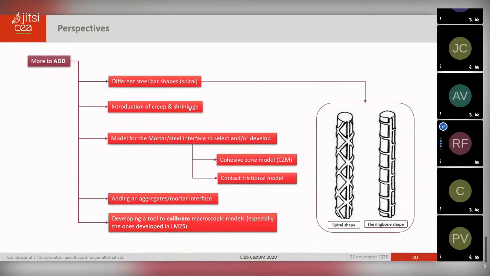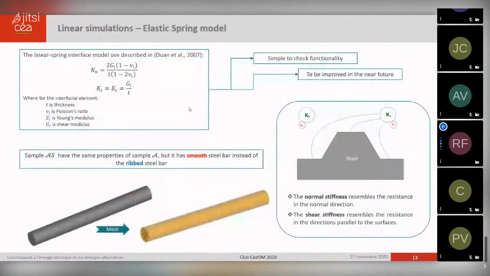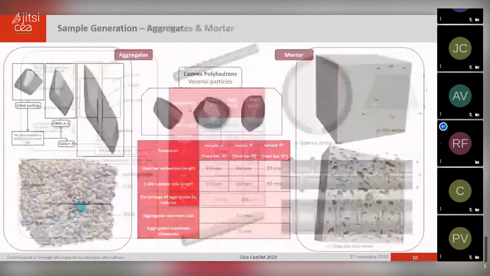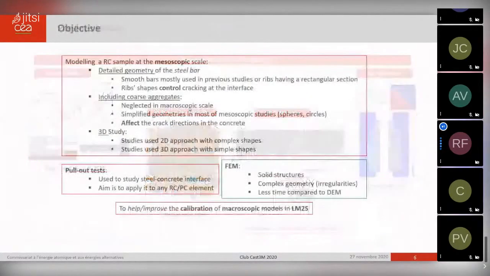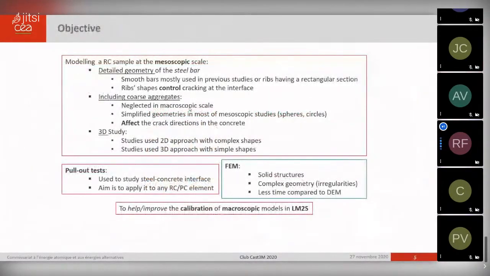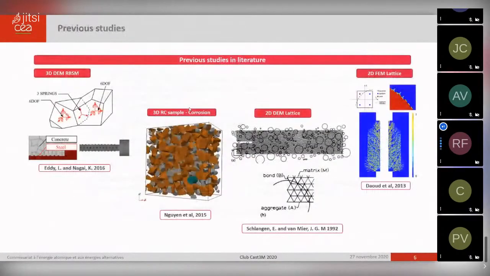Okay. I'm gonna ask a question. So you've shown in the first slides the experience. Will you do some comparison? No need to go there. But will you do some kind of comparison between the experience results and the numerical results to see how far off we are now with the elastic